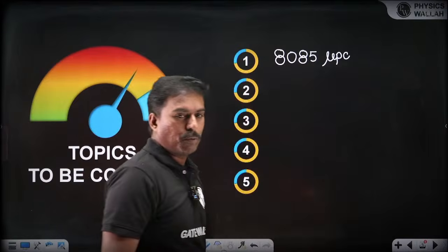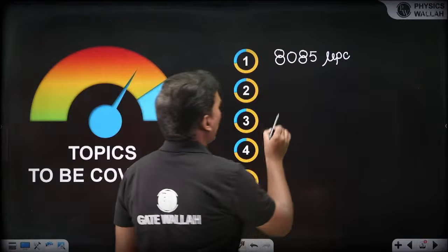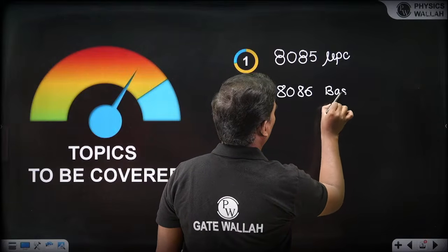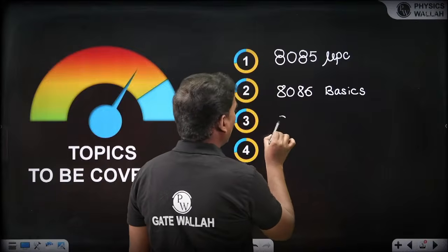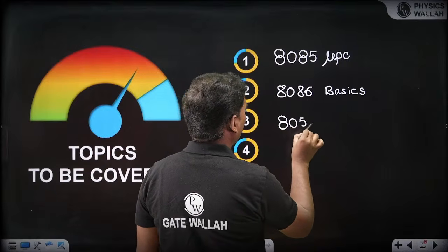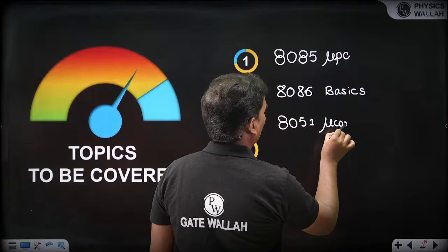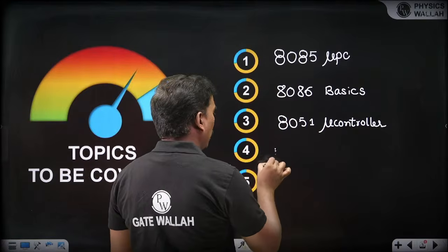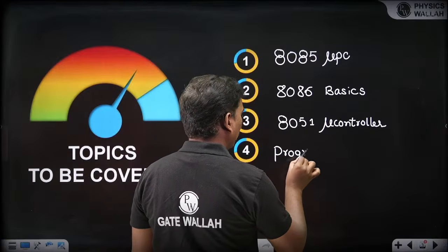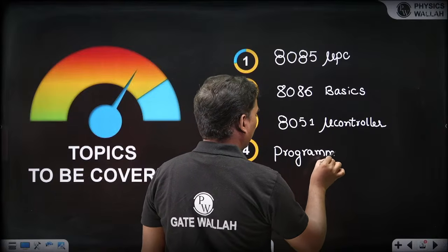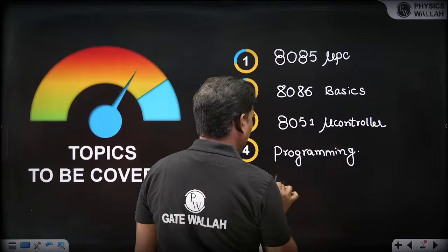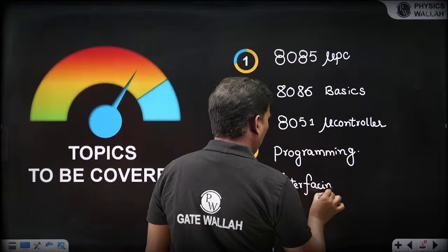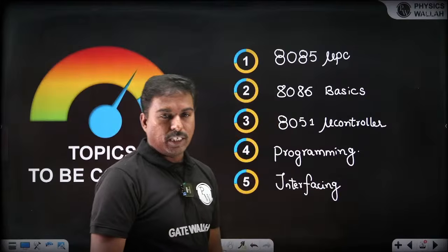8085 माइक्रोप्रोसेसर पे आ सकता है, and sometimes we are also going to get 8086 basics, and we are also going to get 8051 microcontroller and some programming related concepts, programming, interfacing. So these are the concepts. ये concepts के ऊपर हमको हमेशा क्वेश्चंस आने की चांसेस ज्यादा है।